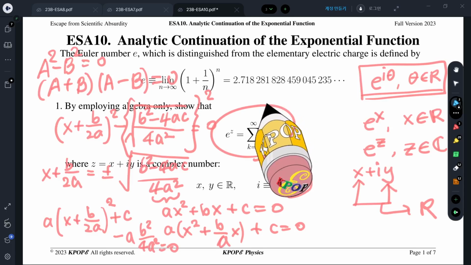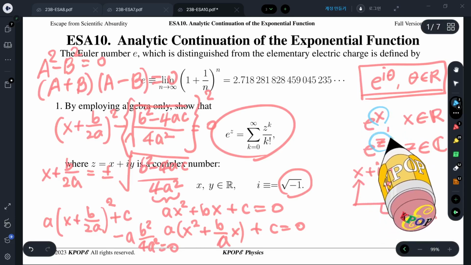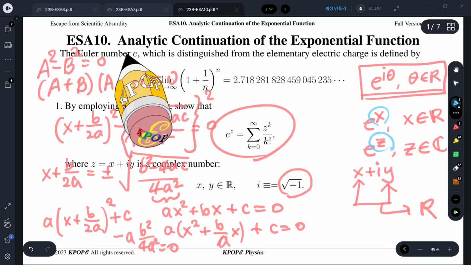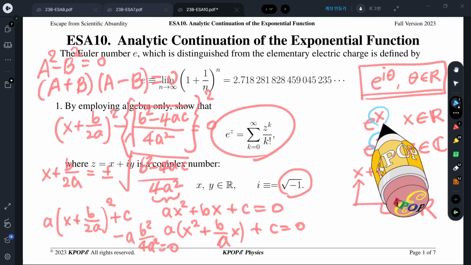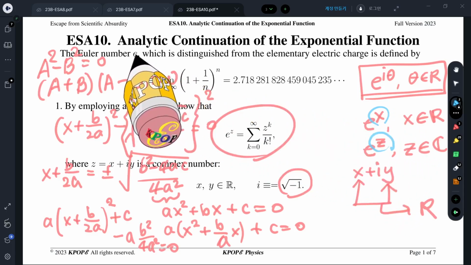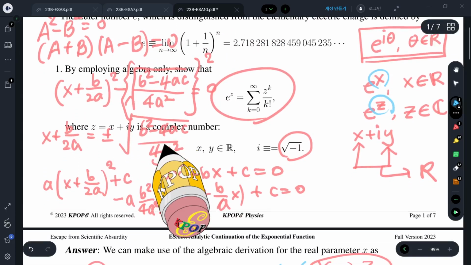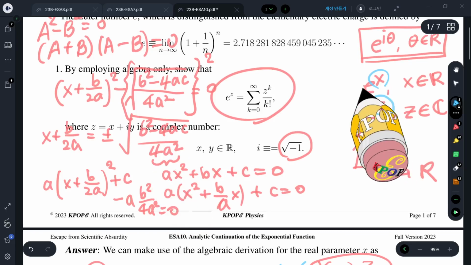So the title, Analytic Continuation, is using the differentiability of a real variable function, we'd like to extend the region in which the function is defined from the real number to complex number. So that is usually said the extension of this region of definition from the real number set to the complex number is called analytic continuation. So once you know the special feature of this derivative,